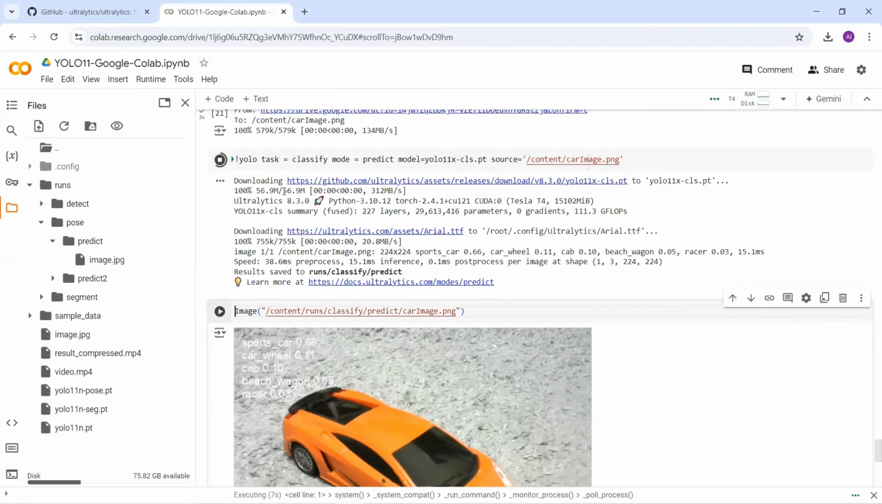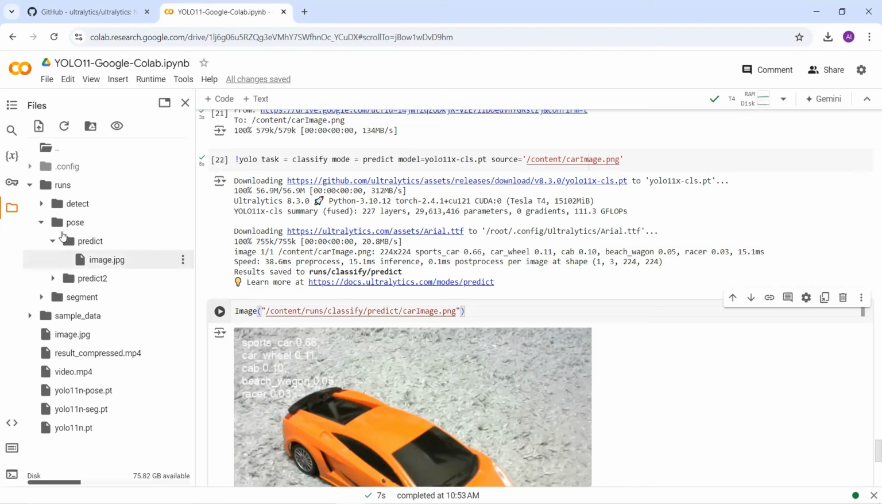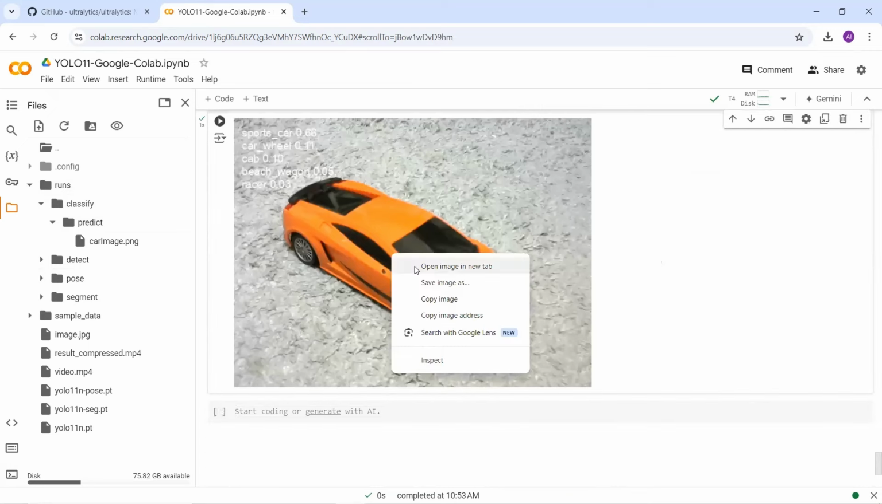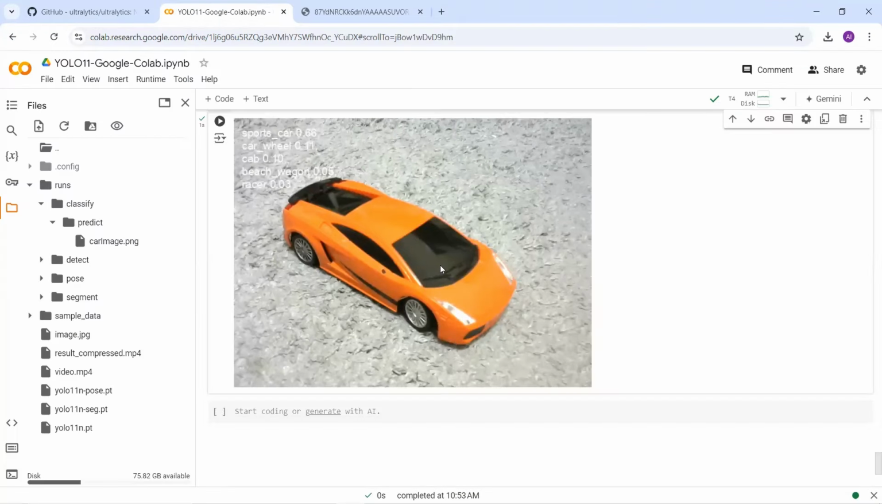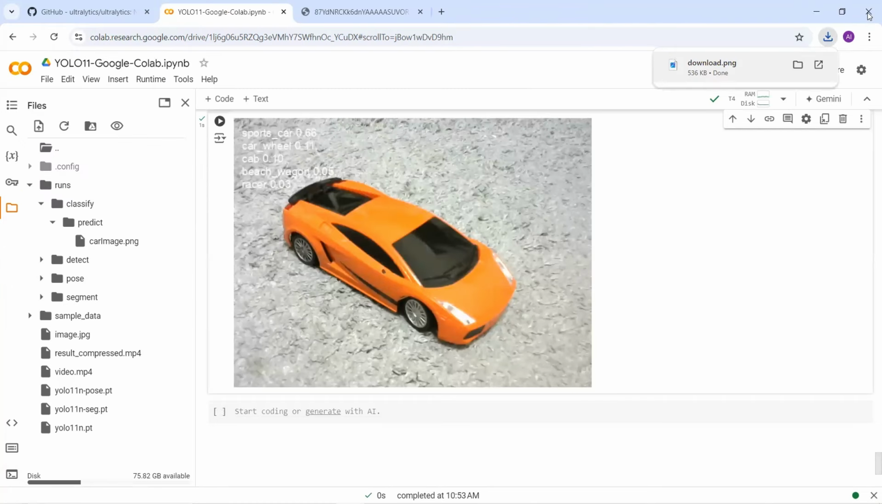And you can see the size of the YOLO11 extra large model is quite large, like it's 56.9 MB. The YOLO11 nano model is around 5.6 MB. Okay, so we have our output image saved into the folder runs, classify, predict. So let me just display the output image over here. If I just open this image in a new tab over here, so if I just open this output image in a bigger window,